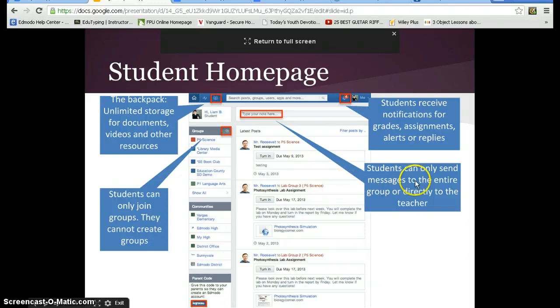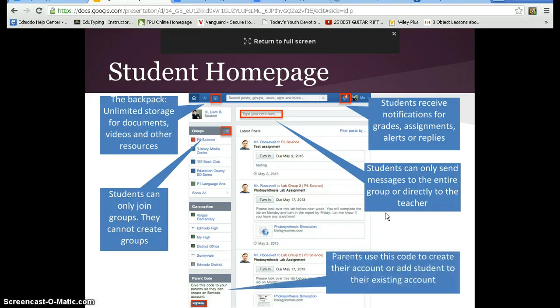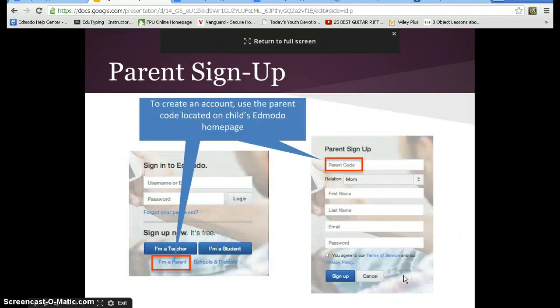And as a precaution, students can only send messages to the entire group or directly to the teacher. You can't send notes individually to your classmates, only to the class as a whole, or to me as your teacher. And then of course we talked about the parent code there, okay, and that's how you use that code to create your account and add students to it. So your parent sign up is similar to the student